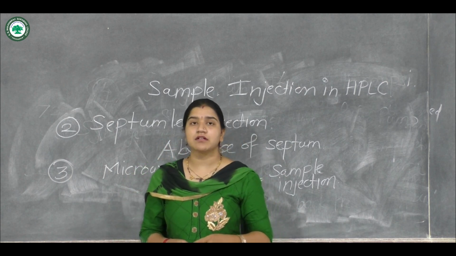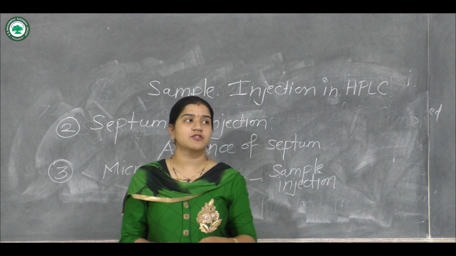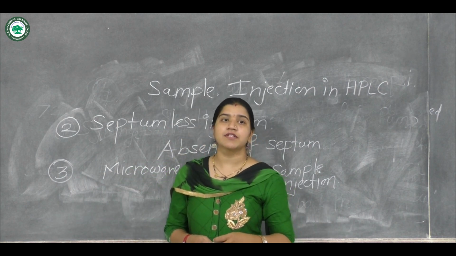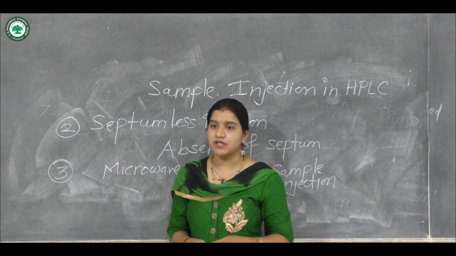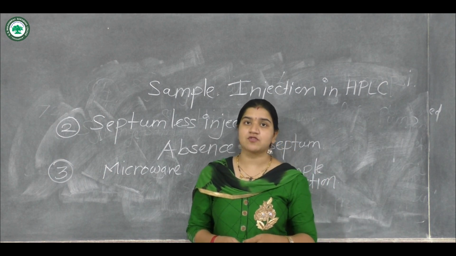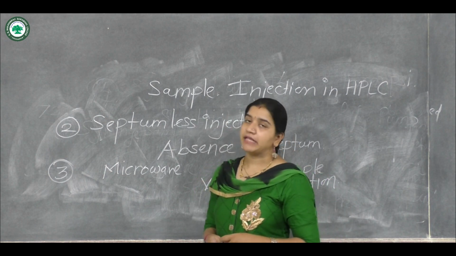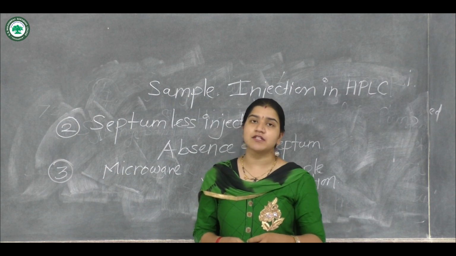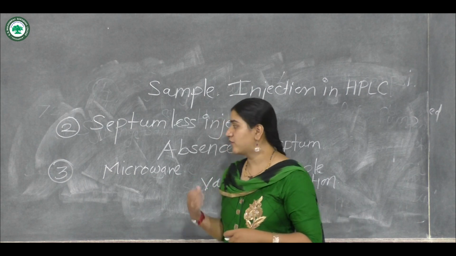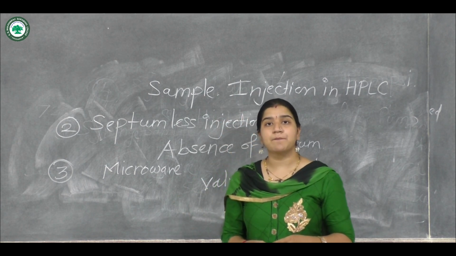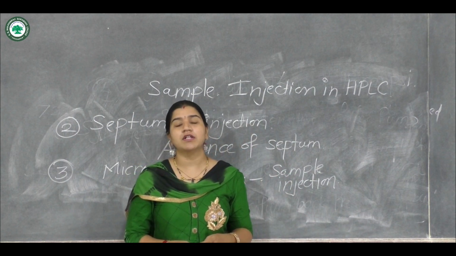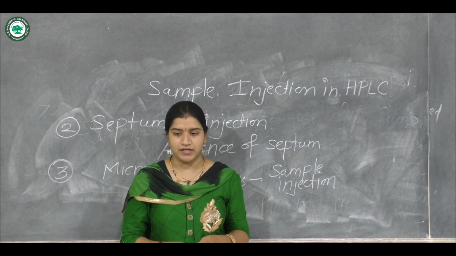So as far as the complete instrumentation of HPLC is concerned, we started with the column and the column packing procedure. Then the second one, we discussed the different types of detectors used in HPLC. Then the third most important thing is the use of different types of pumps and the pumping system, and we ended with the different types of sample injection units used in HPLC. So this is overall the instrumentation of HPLC.